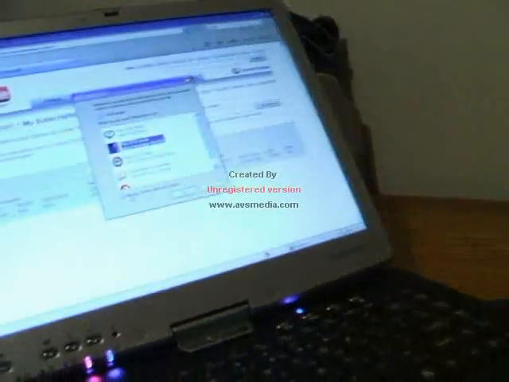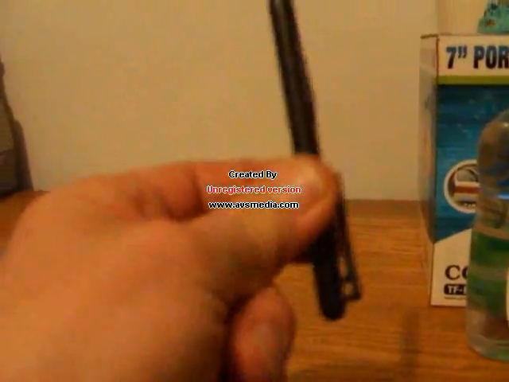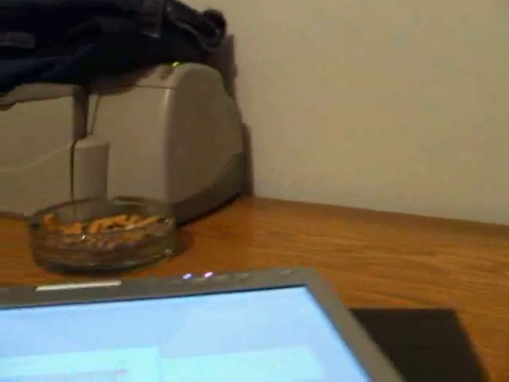So very much like a notebook, but this unit is not a typical notebook. It is a tablet PC. And what that means is the monitor will swivel like so. As you can see, the hinge there, it's swiveling. And we can take it and lay it back, and if we take our little stylus pen here for our tablet PC, there it is right there, we can then